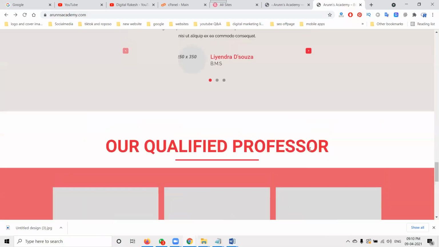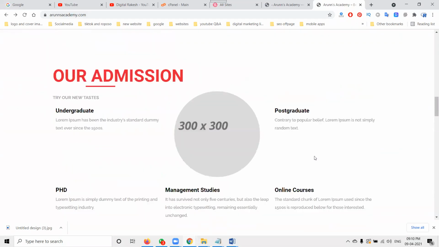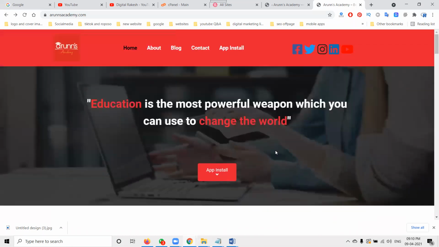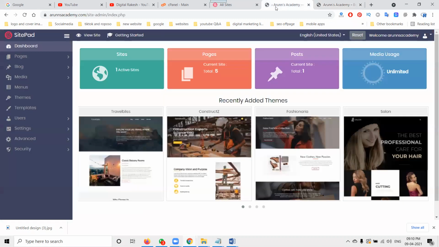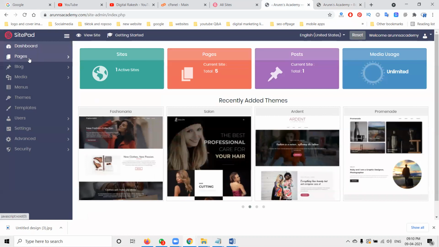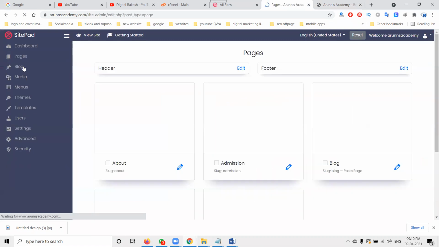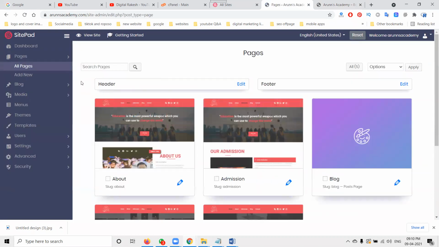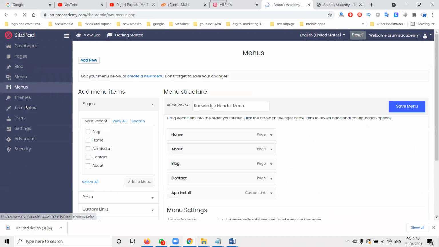So this is the complete final one, guys. In this one, I removed all the options. Here, one by one, we can add the particular options. I will tell you the complete dashboard in the sitemap. First of all, pages will be the first option. Whatever pages you have to edit, every page will be here. We can add new pages here. Whatever pages you create, add the menu option in this particular option.